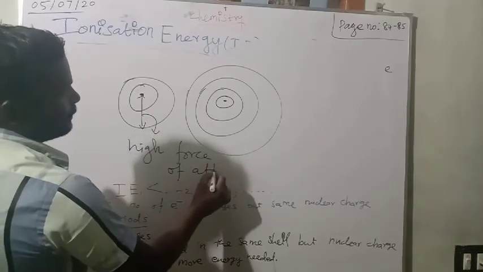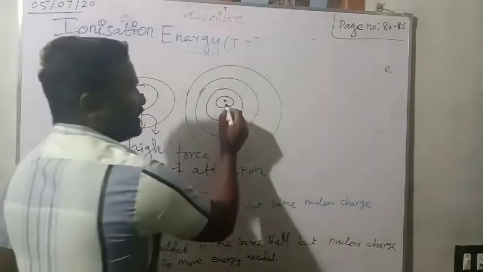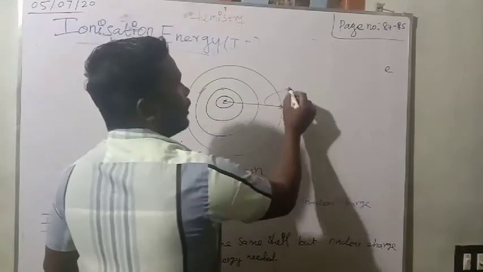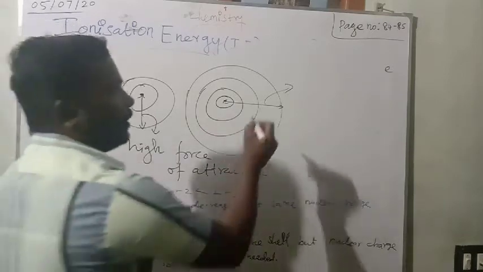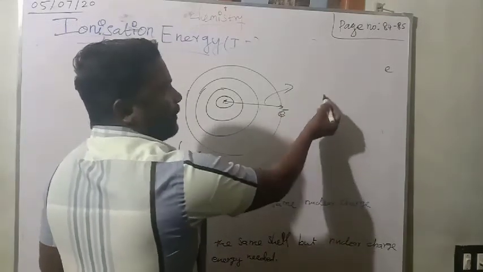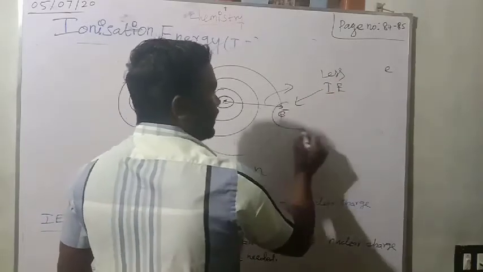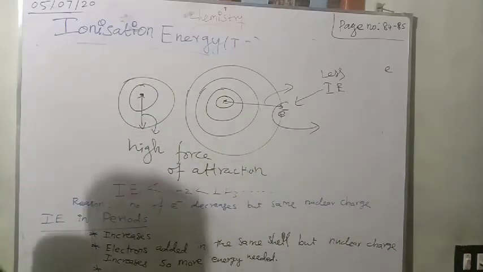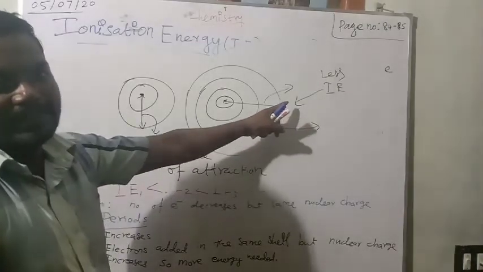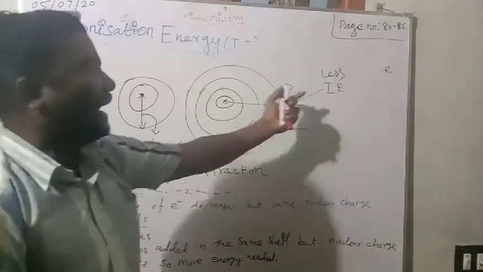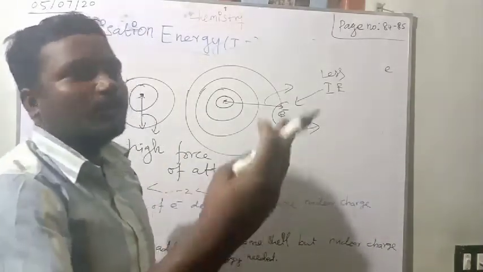between electron and the nucleus. But what will happen when the distance between the nucleus and outermost cell becomes larger? Larger means what will happen? Less force of attraction between these. So there is one electron, and by applying less ionization energy, we are able to remove an electron. So size decreases means ionization energy will increase. Size increases means ionization energy will decrease, because by using small energy we are able to remove an electron in the larger